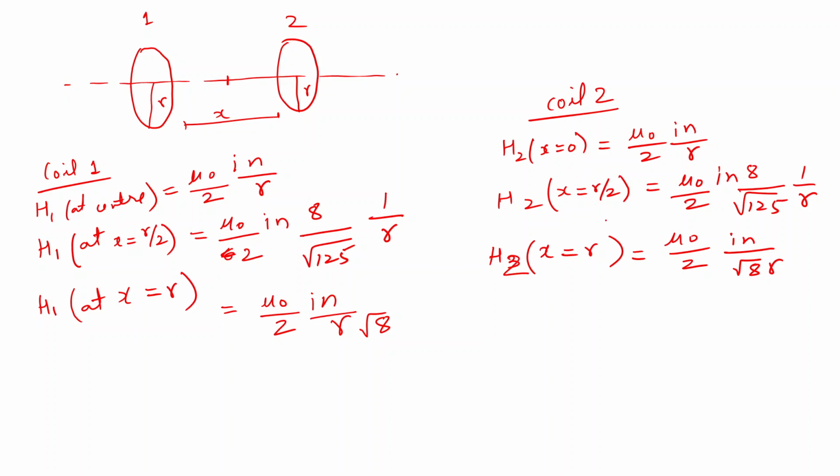Coil 2 as well. But at any particular position along this axis, what will be the magnetic field because of both of these coils? That is what we want to find out ultimately. So the sum of these will give,